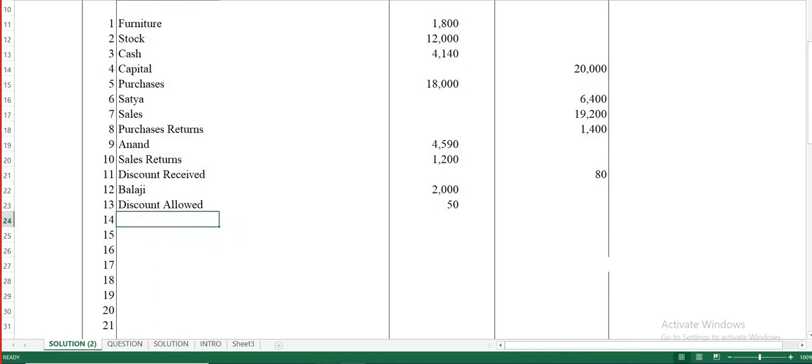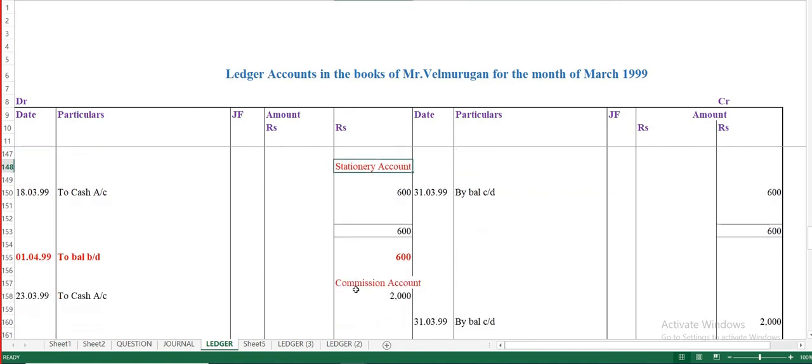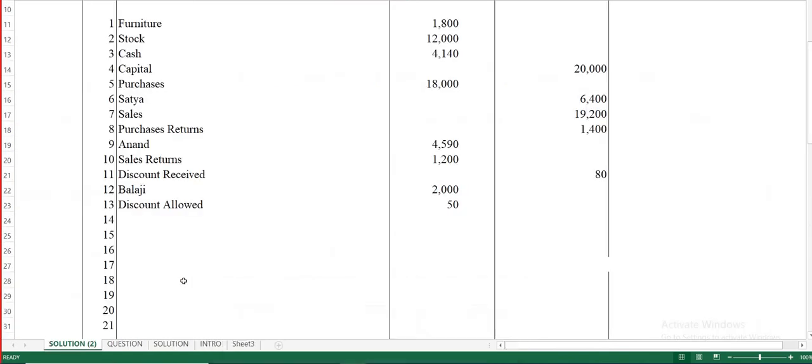Okay, next. So next is your stationery account. Stationery is again an expense to us. Okay, we are purchasing some stationery. It is an expense. So the balance comes under the debit column, debit side. So it should be entered under the debit column of your trial balance since it has a debit balance of 600. Stationery is considered an expense. So we are purchasing it, so it should come under the debit column of your trial balance.